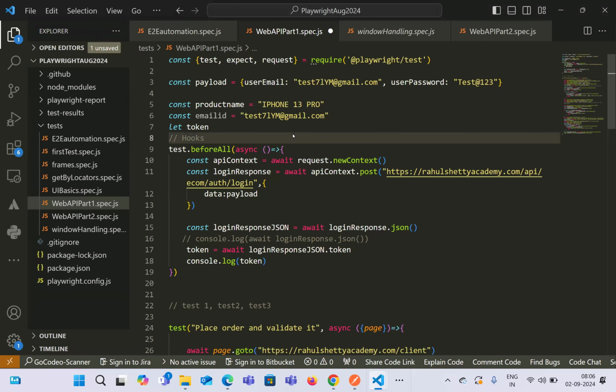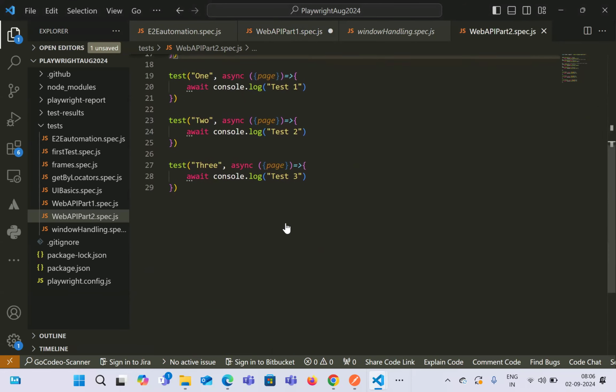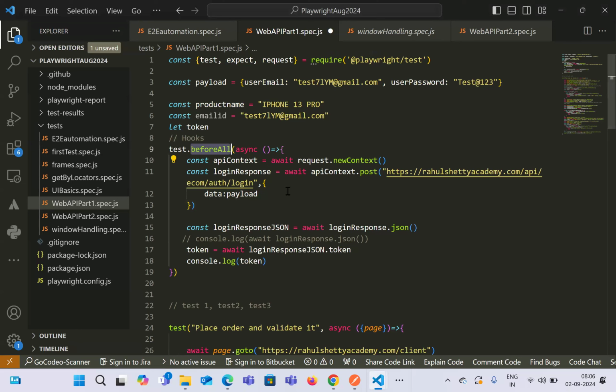So we had gone through what is before all, what is after all, what is before each, and what is after each in the previous session. And we have also understood how we can make an API call using Playwright. We had checked one of our post calls which used to generate the token,